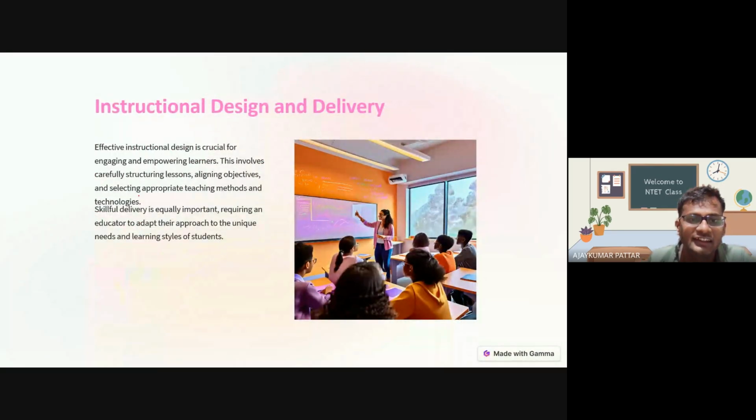So, instructional design and delivery. Instructional design and delivery means which method we are using, whether it's teacher-centric or learner-centric, whether we are presenting with video or with PPT or with role play or discussion, whatever methods we are using for teaching purposes, how we choose a particular design or method for teaching